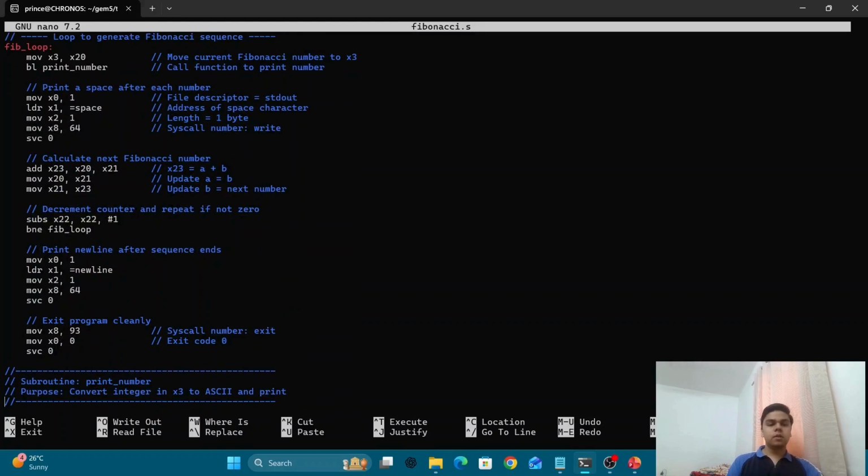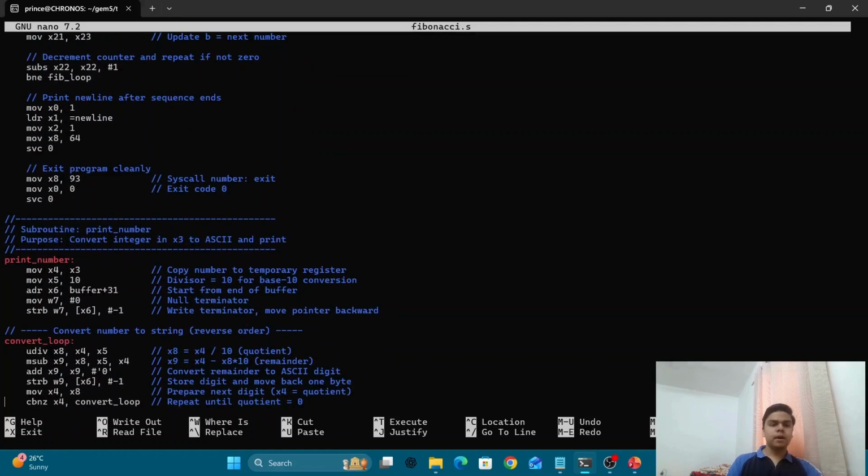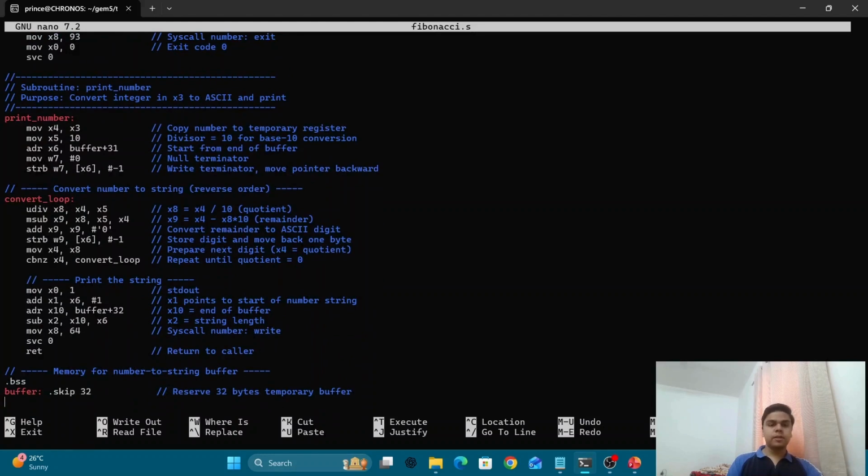This shows the predictable operations, allowing the CPU to execute them in a clear and pipelined flow. Now the program ends with an exit syscall. After all 10 numbers are printed, the program writes a new line character and performs a clean exit using syscall 93, the Linux exit. Now comes the subroutine part, which prints the number on the terminal, which is the most efficient part of ARM architecture.